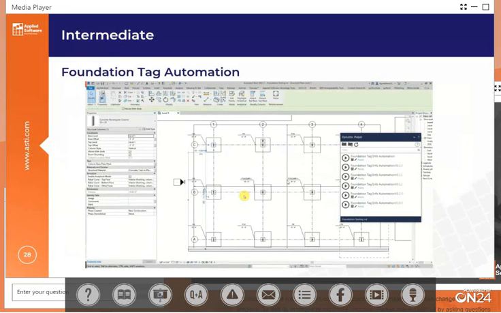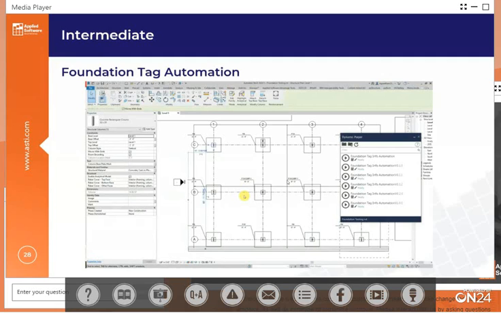So here we have these tags. This particular customer has all the information and wants one tag for everything. If you were to tag your pier, your base plate, and your columns, they are all different tags based on that object. What they wanted is one tag, from the foundation, that has all that information. You would literally have to type everything in if you did this without automation, but now